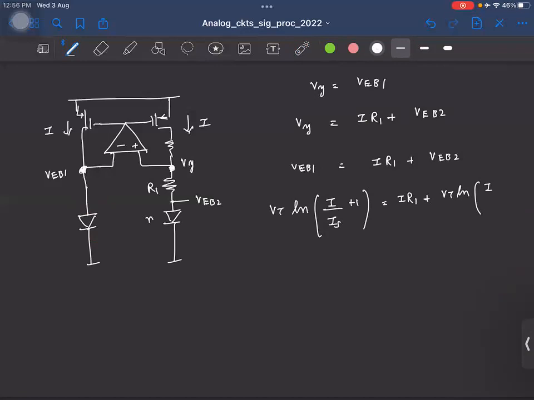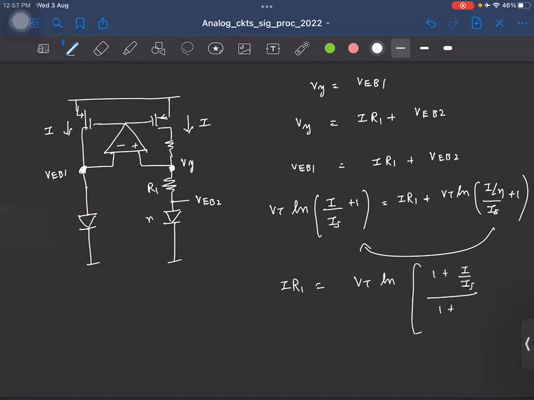Because 1/n of the current is flowing. You can think of it like this, right? So you can simplify this. So if I take this right here, what I have is IR1 equal to VT ln of 1 plus I by IS,